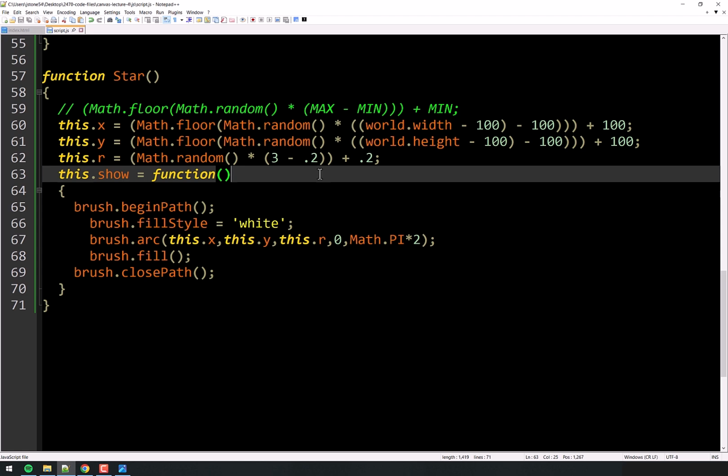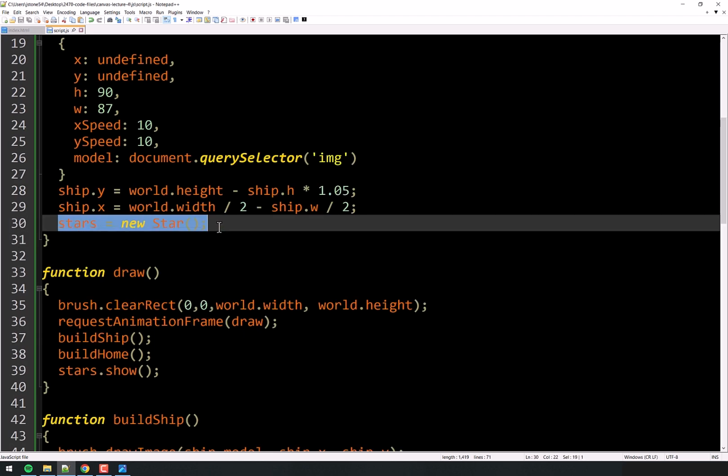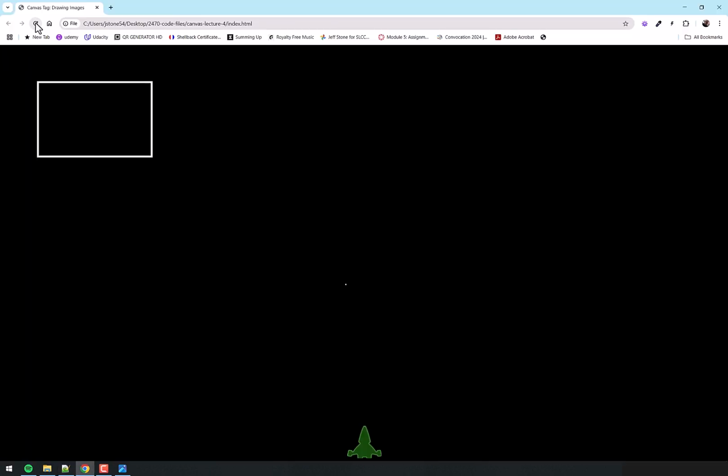Now, right now, we're only generating one star up here. We're temporarily using that stars variable, which is going to be turned into an array in a minute. But for the moment, we have this stars equaling new star. So when I refresh it, we should get a random tiny dot. So there's one right there. And if I refresh it, it should be a tiny dot somewhere else, a little bit different. You can see each time there are different sizes there. That's a really small one. That's a bigger one. That's a teeny one right there. And the idea is that the different sizes make it look like a little bit of depth, okay?